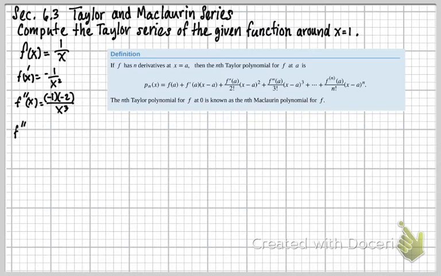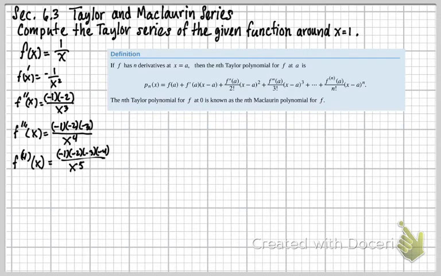So f triple prime of x, that's going to be negative 1 times negative 2 times negative 3 over x to the 4th. Okay, so now I'm going to do one more, and hopefully you guys see it by then. So that's negative 1 times negative 2 times negative 3 times negative 4 over x to the 5th. All right, and then when I go dot, dot, dot down,